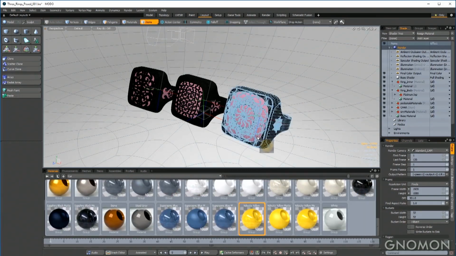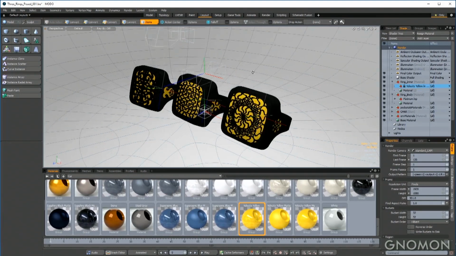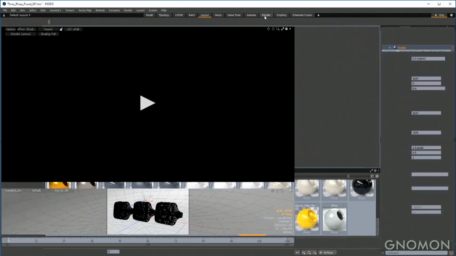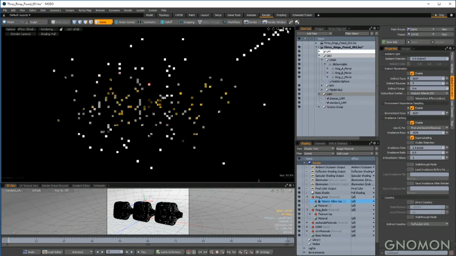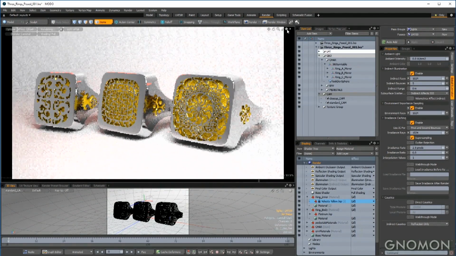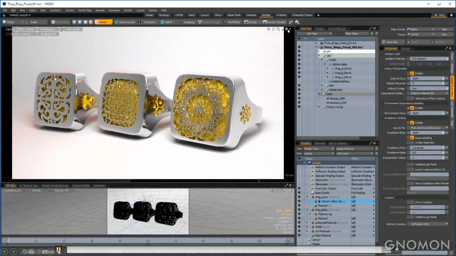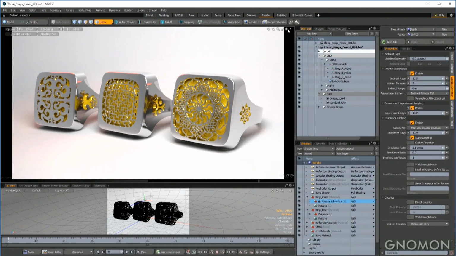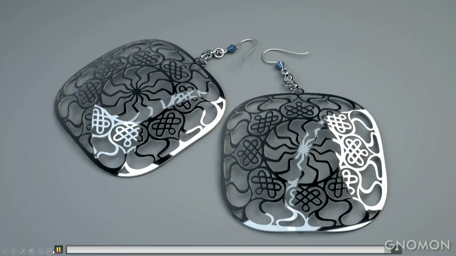It's not something I think you would typically do, but it's just the type of experimentation that I like to do with Modo. It really just opens things up. And I'm going to use the progressive renderer, and this is sped up pretty significantly. But this is the type of thing that I'll do and just go walk my dogs or go make a sandwich and come back, and maybe something will look great, because with Modo, it's really easy to experiment.